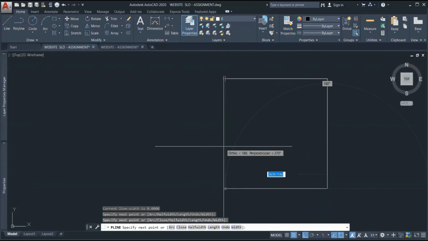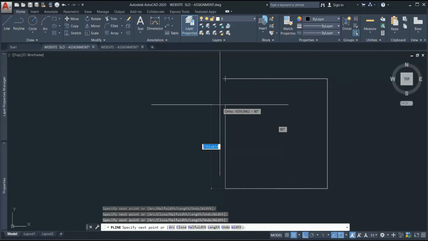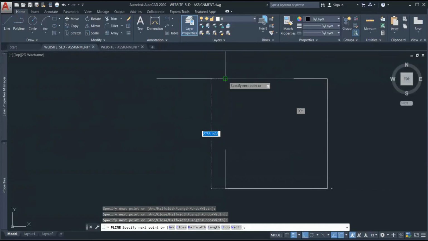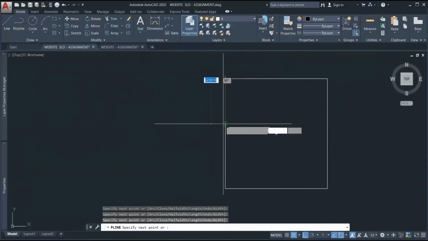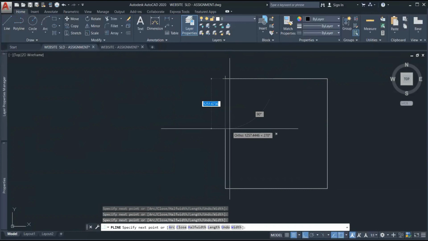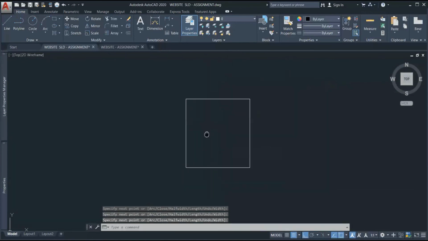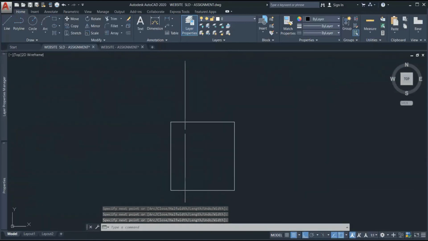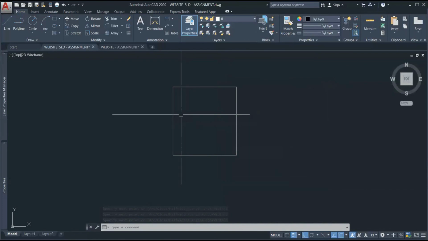This green line is showing that here is the parallel line. Click there and close the loop, and press escape or enter. You can do both to come out of the command. I'm pressing enter, so this is the rectangle we have made.